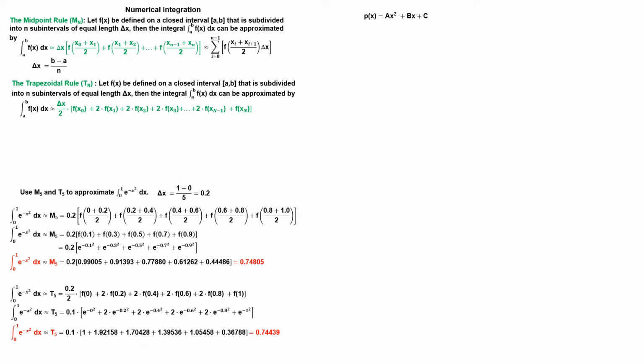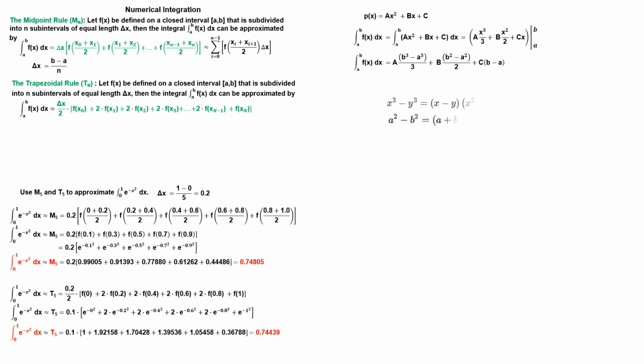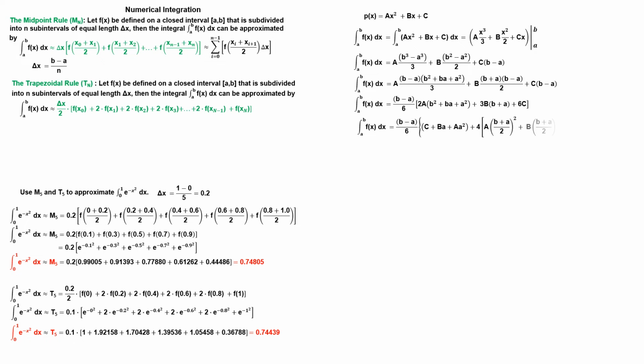Simpson's rule is based on the fact that given any 3 points, you can find the equation of a quadratic through those points. In order to gain some insight into Simpson's rule, we will evaluate an integral of a polynomial of degree 2 on the interval from a to b. The difference between two cubes and the difference of two squares can be factored as follows. By expansion and collection of terms, the expression inside the brackets becomes. So we can write